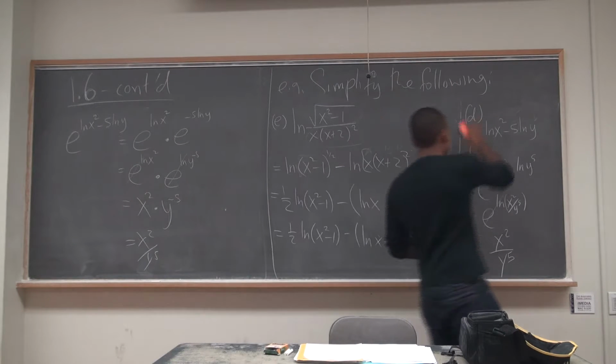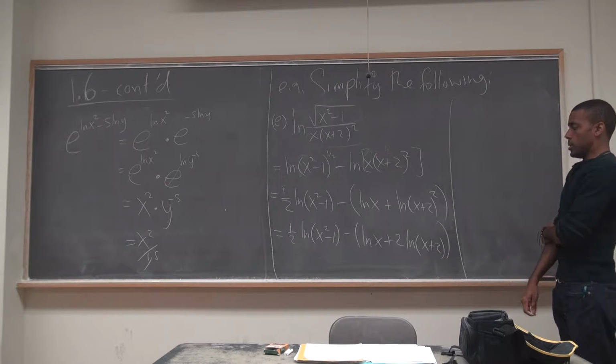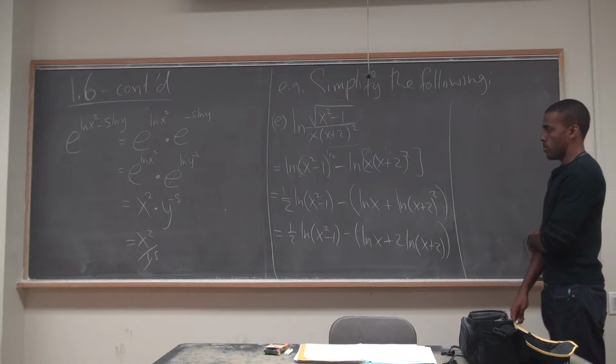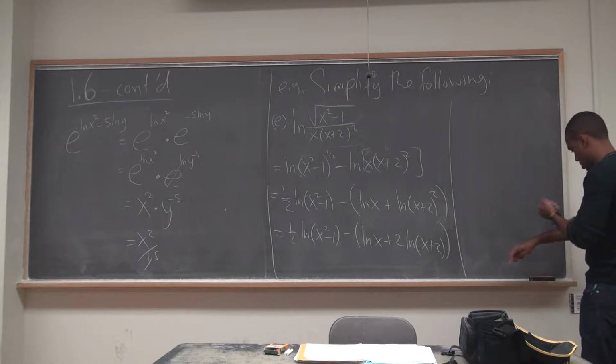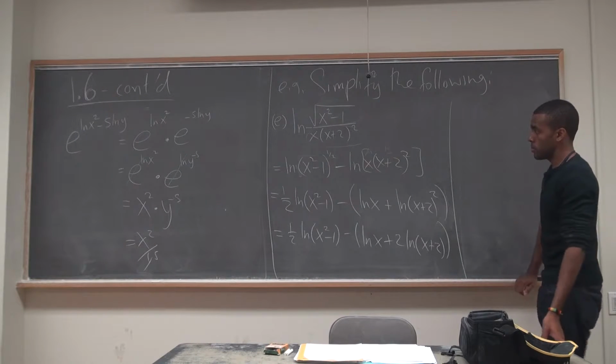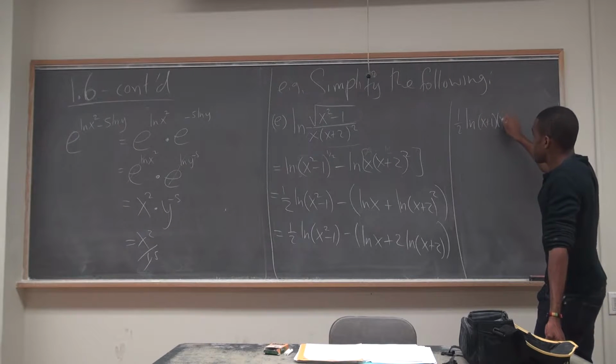Okay, can we go further? What's further? Is this as simple as it could be? What's x squared minus 1? X plus 1, x minus 1. This you can write as x plus 1 times x minus 1